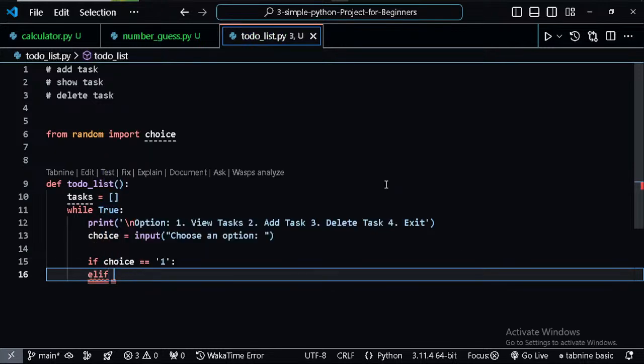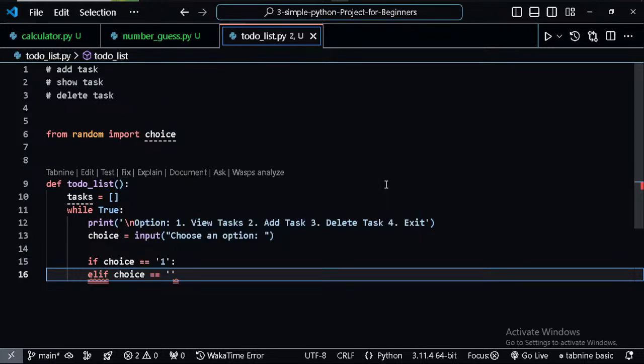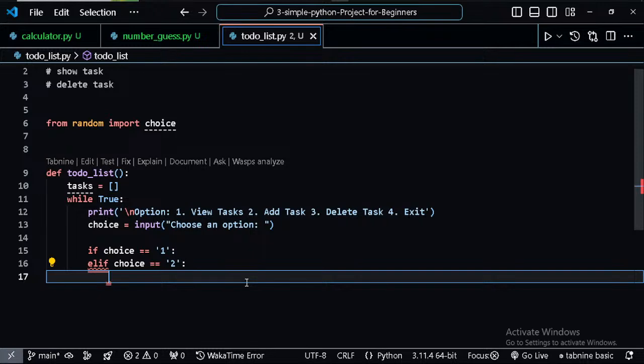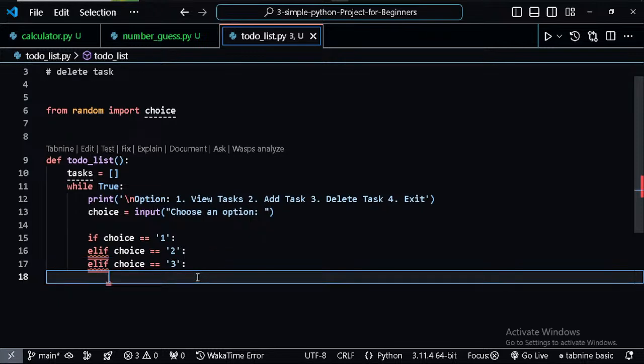Else if this choice is equals to 2, we are doing something else. So I'll just go ahead and copy this else if here, paste it here. Then if this is equals to 3, we are doing something else. If this is equals to 4,